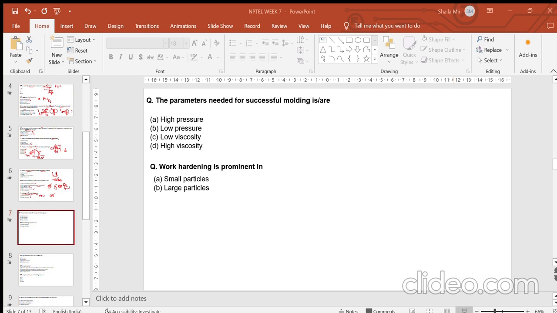Is it the same, ma'am? Only at the center it changes. Well, no, the pressure at the bottom and the top of the compact will not be the same. Why? Because we know that these particles are going through some deformation. So, for example, if you are giving a pressure of PT at the top, the pressure at the bottom will